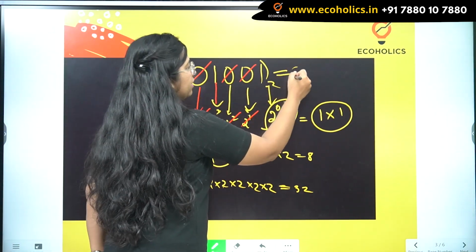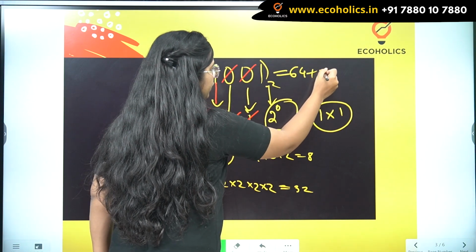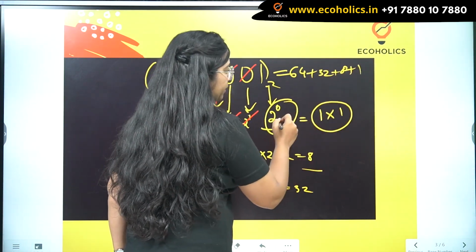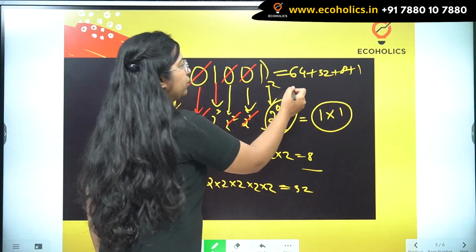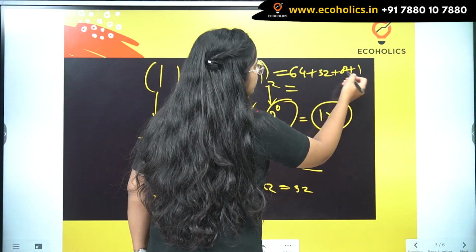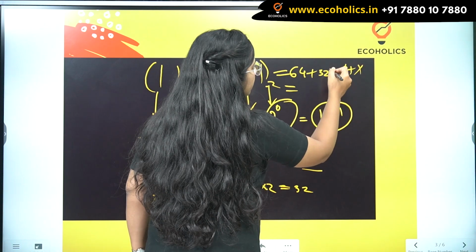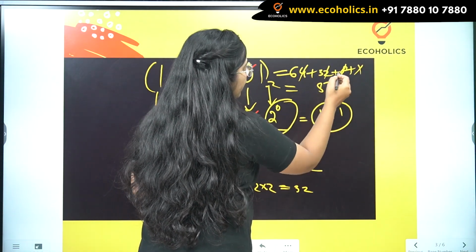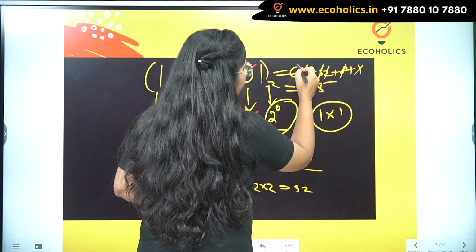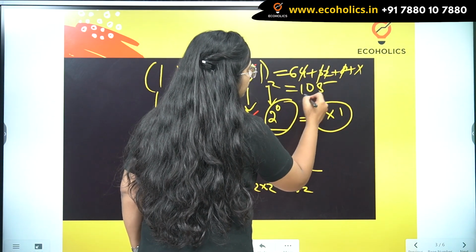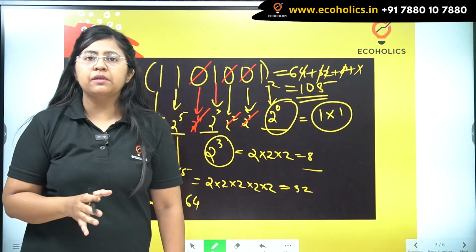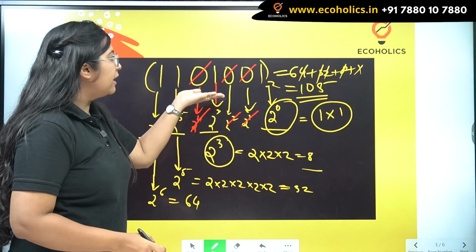So it will be 64 plus 32 plus 8 plus 1, okay. So that will give you what? 8, 9, 10, 11, 12, 13, 14, 15 and 3, 4 and 10. So 105 should be your decimal digit for the binary number